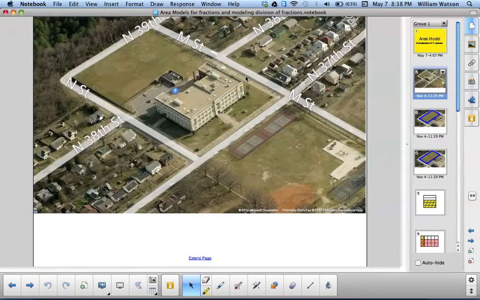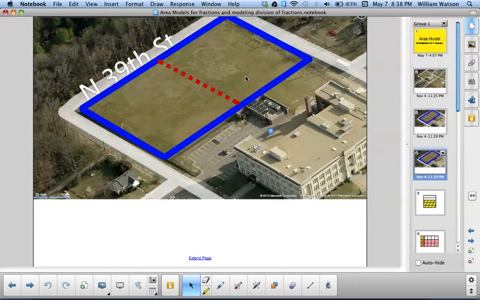This is the actual slide that I use, my opening slide, when I start talking about modeling multiplication of fractions. I use a lot of satellite images. It's a good hook. The kids are interested, especially when it's local images. You can show them where you are in the building and things like that. So I'll zoom in, and I use the back field to start the discussion, and I'll talk about field day, and I'll explain that since we're a middle school and a high school combined,